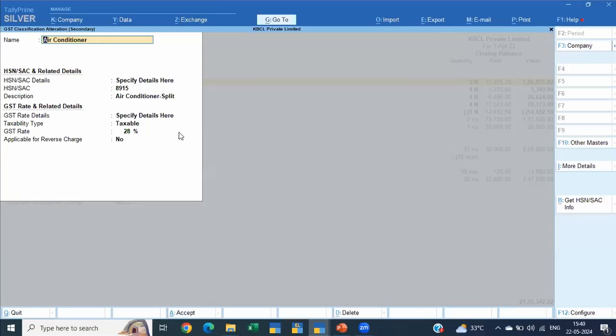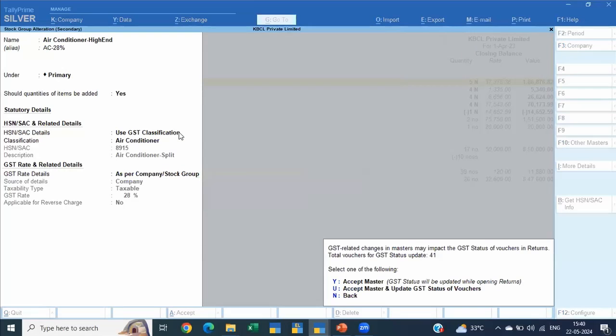Just use that similar category as reference, so that you don't make a mistake in your GST numbers. At least if not for rate, use it for your HSN, because if you're dealing in a particular product, 90% of the product will fall in those HSN only. So you can create HSN information at company stock level. Okay.